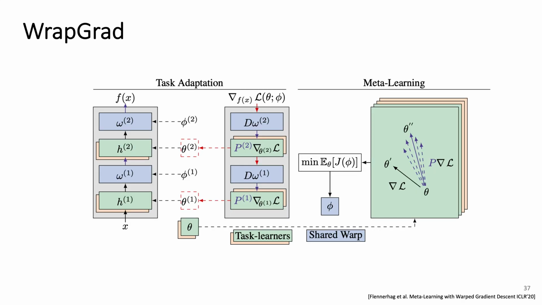Here I will use the Web gradient as one example. We can see for the input x, theta is used to get its hidden representation h, and phi is used for the omega. We start from the h and omega, and h2 and omega 2, to get the final representation. Here may be regarded as a 2-layer neural network. And we have the parameter theta, which can be adapted in the inner loop and the outer loop. The outer loop is used to optimize its model initialization, but the inner loop is used to get the